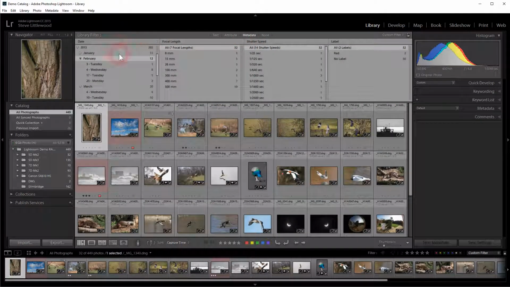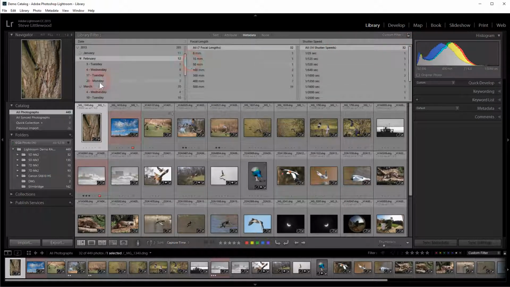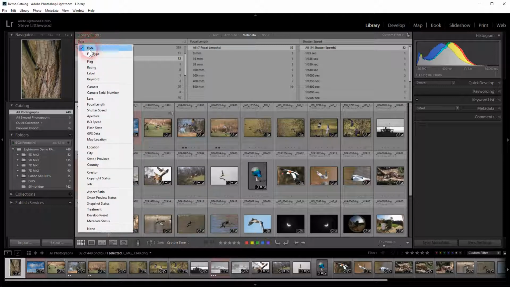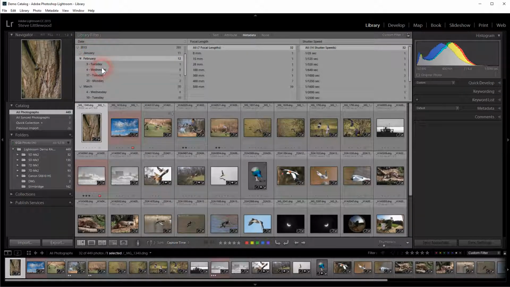Okay, and this is a sort. So we've got the first sort, the second sort, the third, and we can add or remove columns as we wish. I won't go on to the third column, so I'm just going to select that and remove this column. So what I'd like to do is just show you how we can sort using date, say, or you can choose whatever attribute you want, but let's just say date for now, and say I wanted to search between 2015 Tuesday the 7th of February